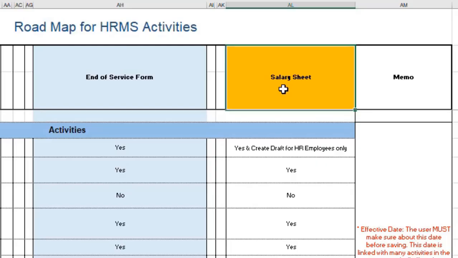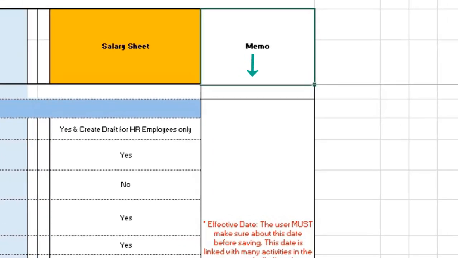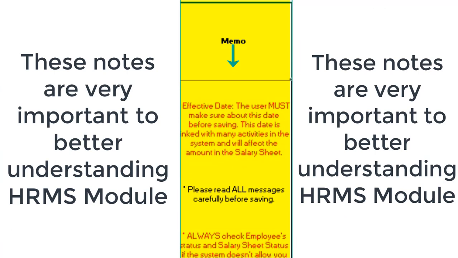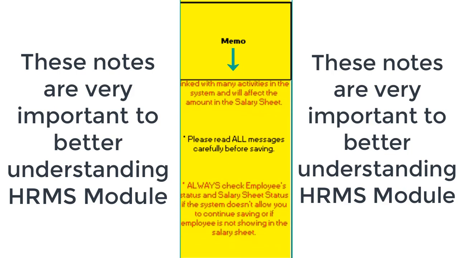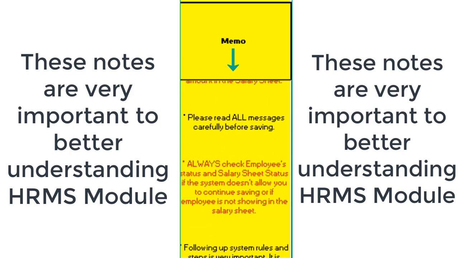Let's talk a little bit about the memo. As you can see here, the effective date, which is also applicable in the end of service because it has an effective date, you must make sure that it's perfectly accurate and correct before saving, because it's linked with many activities in the system and will definitely affect the salary sheet, it will definitely affect different months of the salary sheet. So you must make sure the effective date for end of service is accurate,